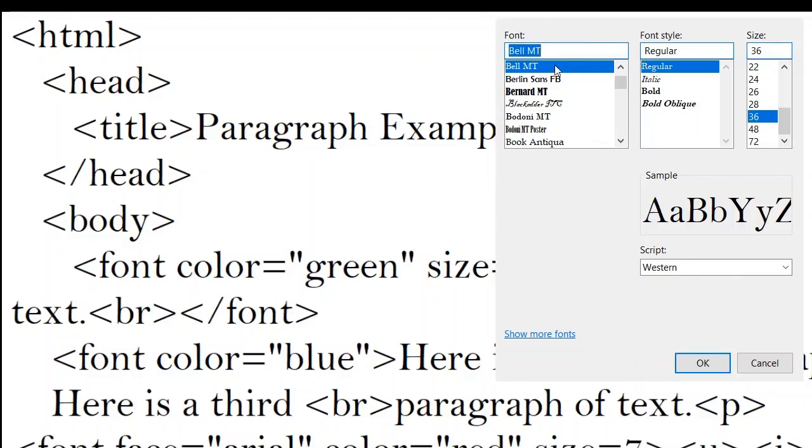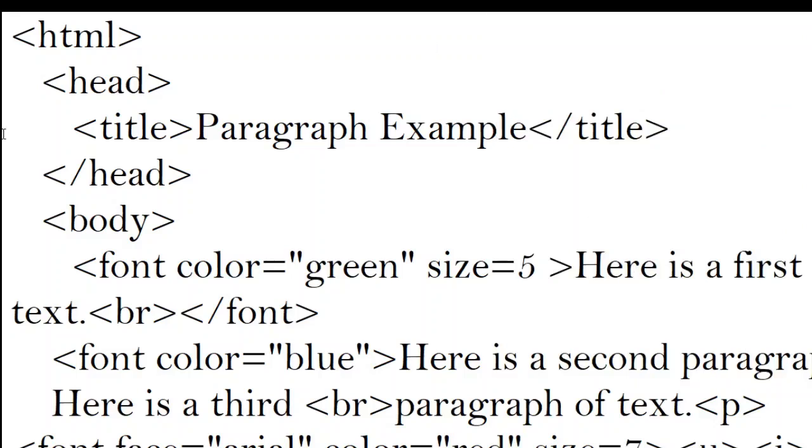For example, Bell MT, Arial, Arial Black, Times New Roman, Book Antiqua, Copper. These all are your faces. Font faces mean your styles, your languages, we would say.